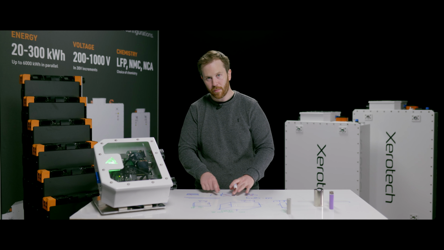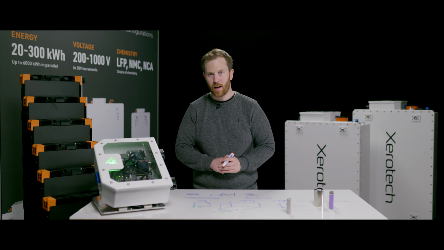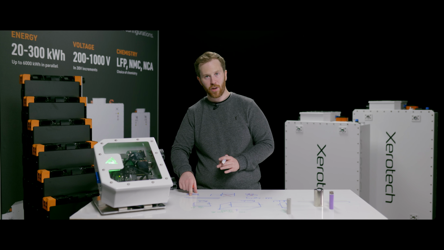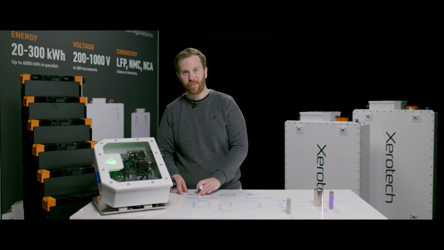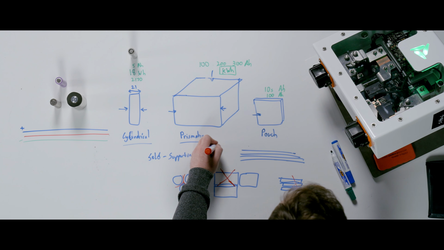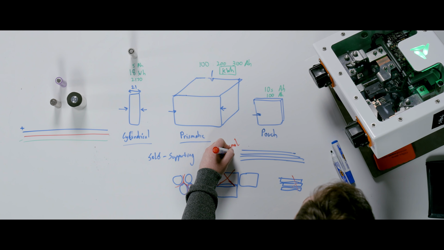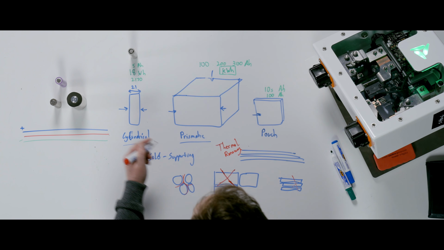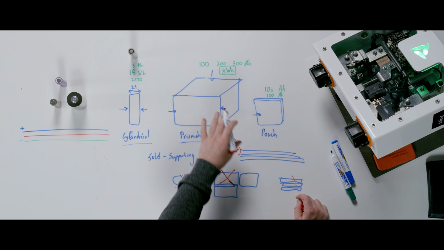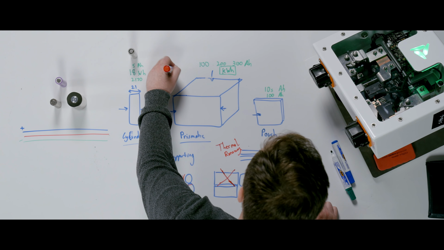While you can apply foams and barriers to prismatics, it's still a lot of energy in each unit to contain. Pouches again are very challenging. They have a lot of energy, and also they have very little protection around the cell itself. So thermal runaway is a major design constraint and consideration for building battery packs. The next piece is that we've spoken in previous videos of the importance of temperature. So heating and cooling a battery is really, really important because you want to keep it at 25 degrees C.